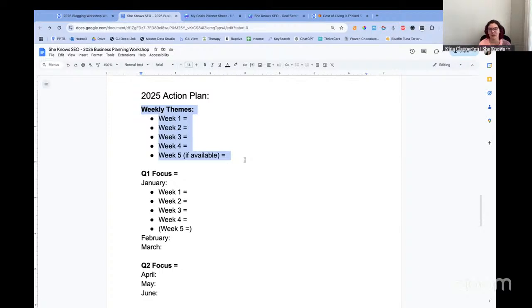And so what I've done with these weekly themes is I've set up essentially a pattern for the year where week 1, I'm always working on some form of paid content. So a course, a launch, whatever. It's going to be something where the main bulk of what I do that week is preempting something that's going to launch later. Week 2 is me doing my free work. So that's where I'm going to do my free YouTube videos, my free blog posts. It's where I'm going to batch my newsletters, all that.